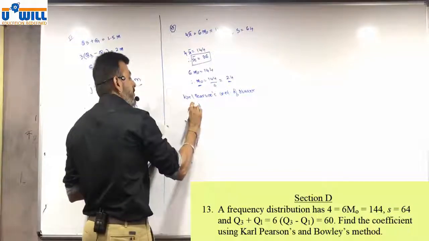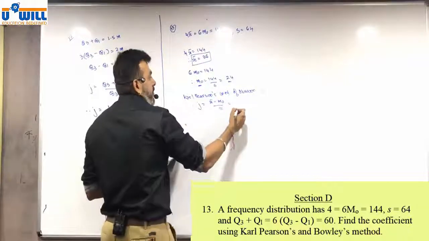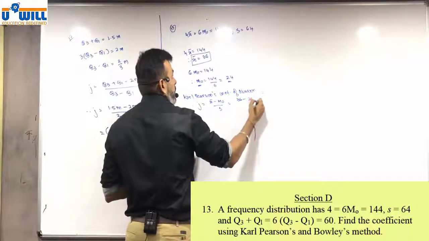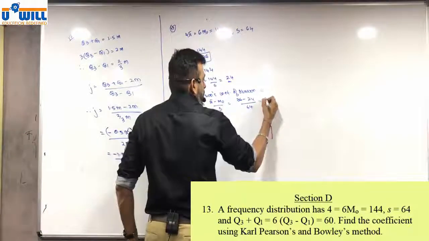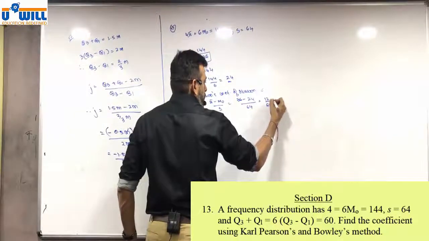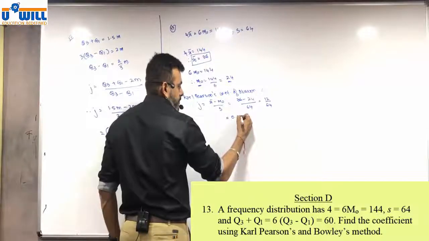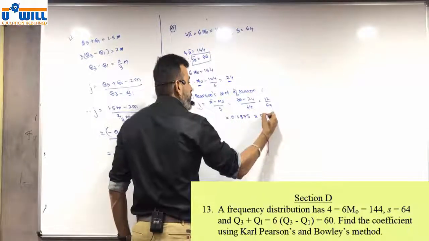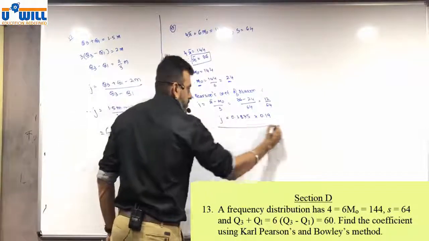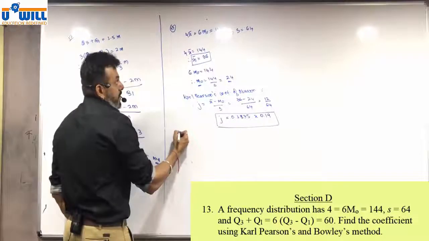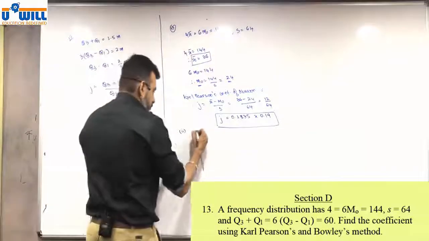is equal to J is equal to x bar minus mode upon S. So 36 minus 24 upon 64, which is equal to 12 by 64, 0.1875, which is equivalent to 0.19. एक आंसर मिल गया. Now second part of this is Q3 plus Q1